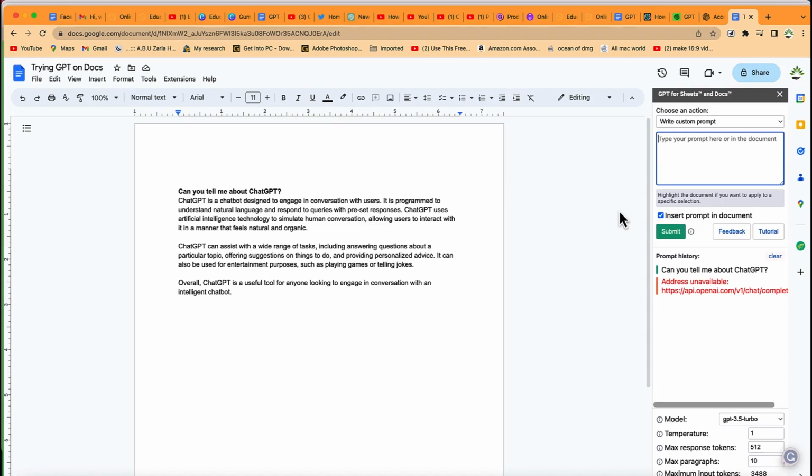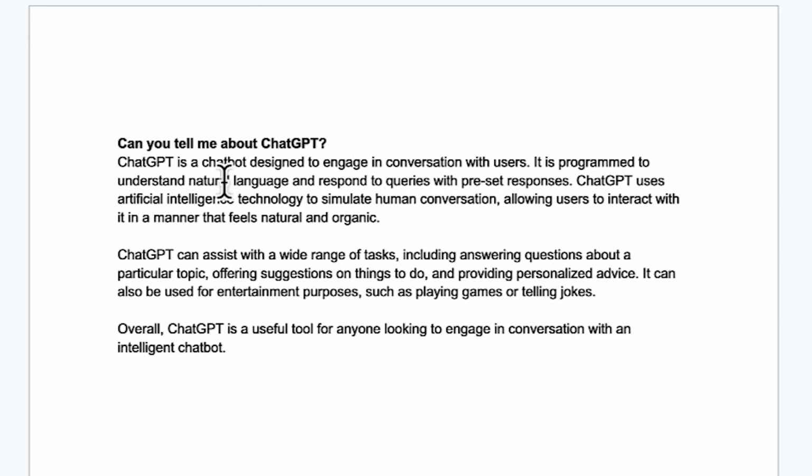Alright, so you can see it has just given us the answer. Can you tell me about ChatGPT? And you can see the answer. ChatGPT is a chatbot designed to engage in conversation with users. It is programmed to understand natural language and respond to queries with preset responses. ChatGPT uses artificial intelligence technology to stimulate human conversations, allowing users to interact with it in a manner that feels